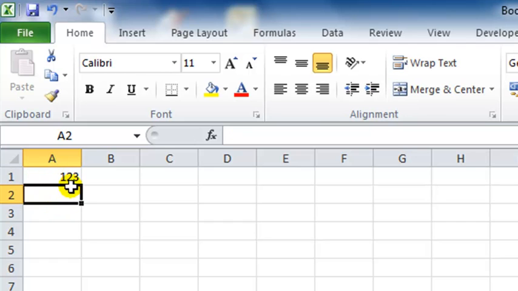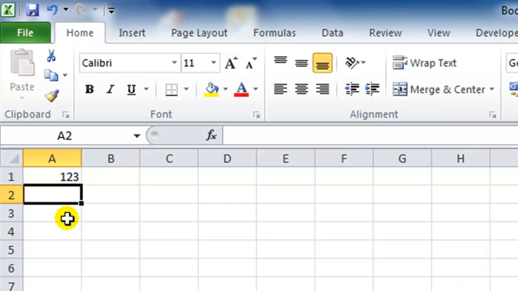And notice that when I finished inserting the text and I pressed enter on the keyboard, the cursor moved down one cell, assuming that the next number that I want to add to the workbook will be underneath the first one. This is Excel's selection cursor, so whichever cell is highlighted, in this case cell A2, will have this thick black line around it. That signifies the active cell, or the cell that we're about to work on,